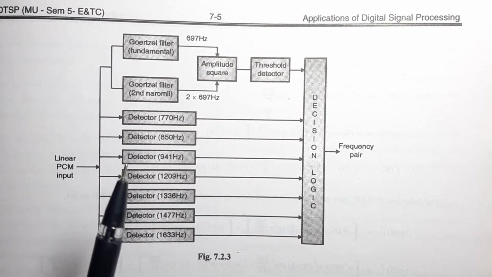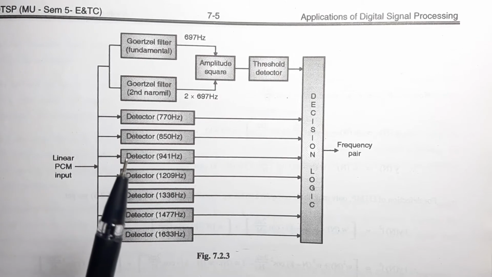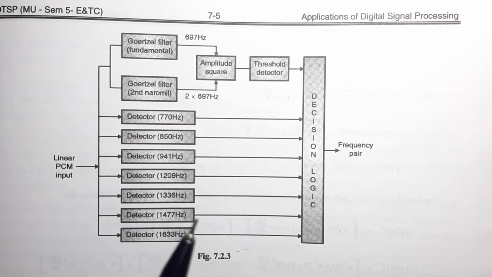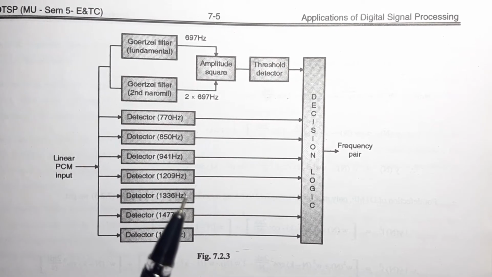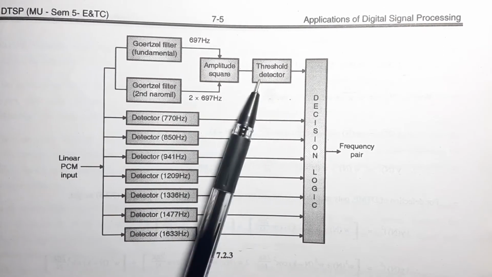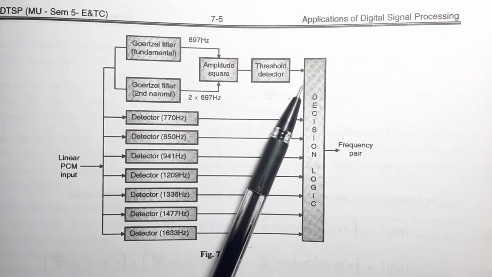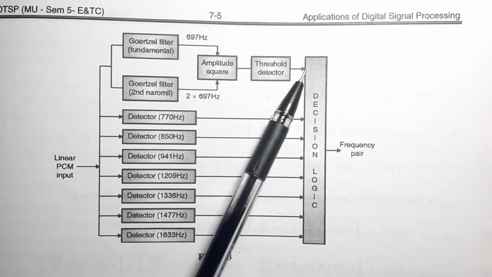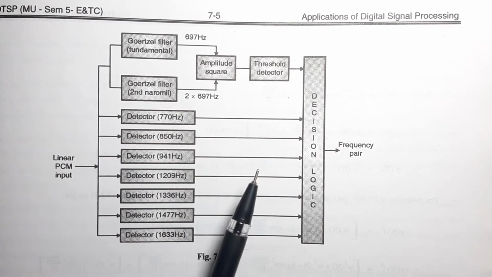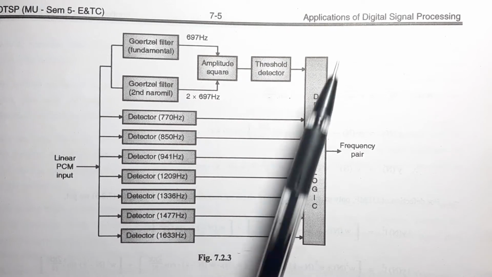Now, DTMF is the tone which is sometimes heard when you press the keypad buttons. So we need to decode them at the receiver's end also, so that the numbers can be displayed on the telephone display. The output of the filter over here is squared to measure the signal strength at each DTMF frequency and its second harmonic. The decision logic over here is used to detect the strongest signal pair from the high frequency and low frequency groups.